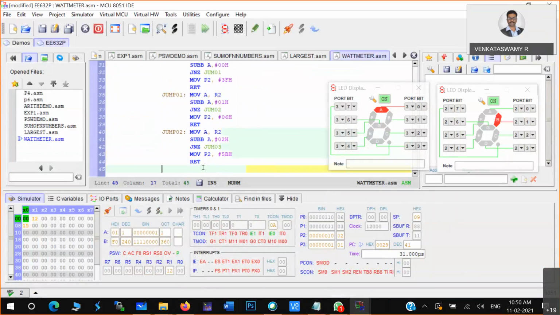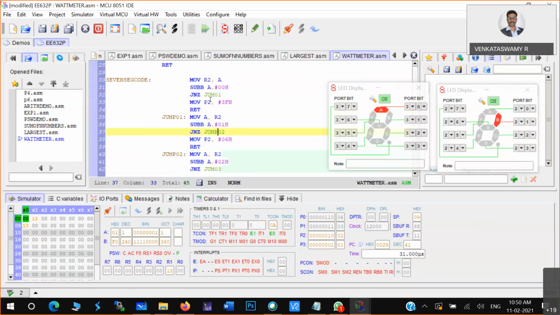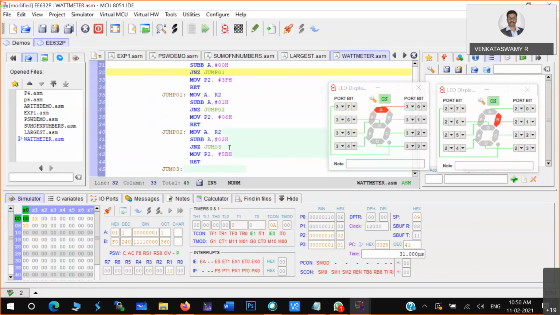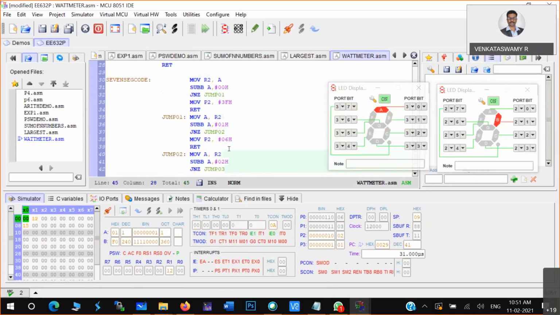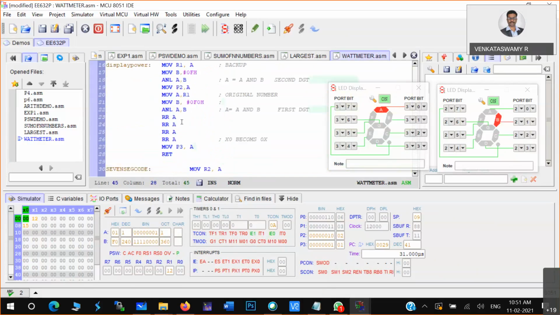Correct words and labels should be there; you can put any label, so here I'm putting jump. Let me validate only the current program with 3 digits. Now here you see, it's simple.